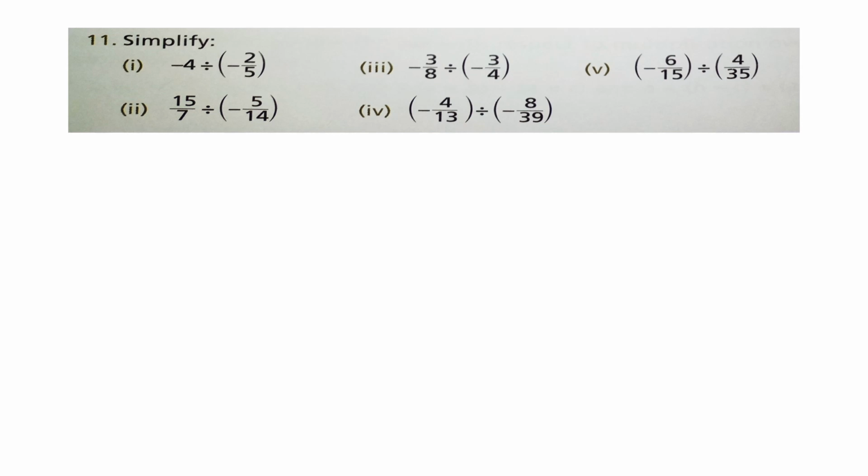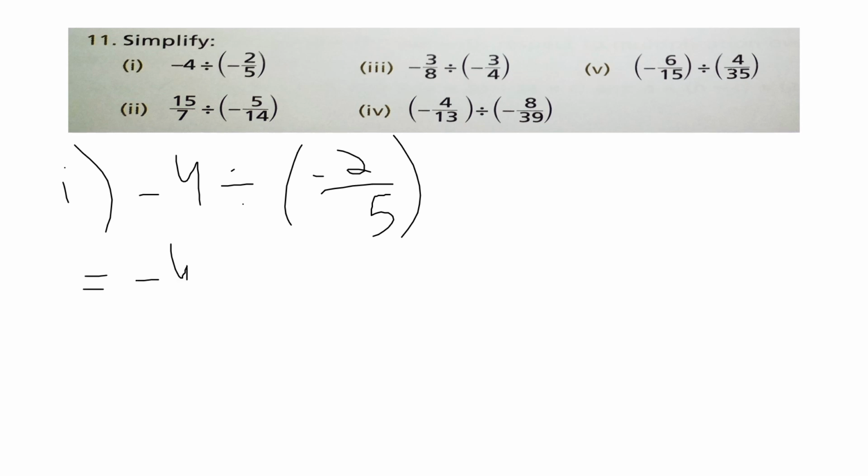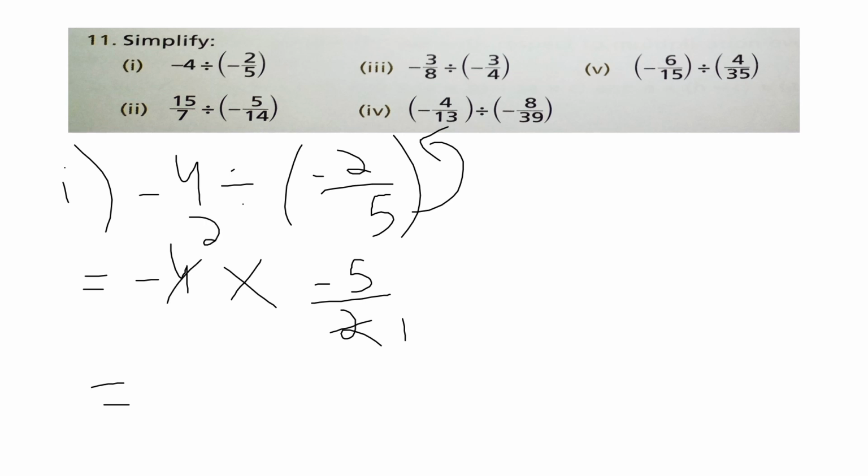Then the last question is division. We have already studied this in previous grades that whenever we divide fractions, you have to take the reciprocal of the next fraction. You are dividing 4 by minus 2 by 5, so you will convert this division sign into multiplication, and this fraction we will take the reciprocal. It will become minus 5 by 2. Then 2 1s are 2, 2 2s are 4. Minus minus plus and 5 2s are 10. So 10 is the answer.